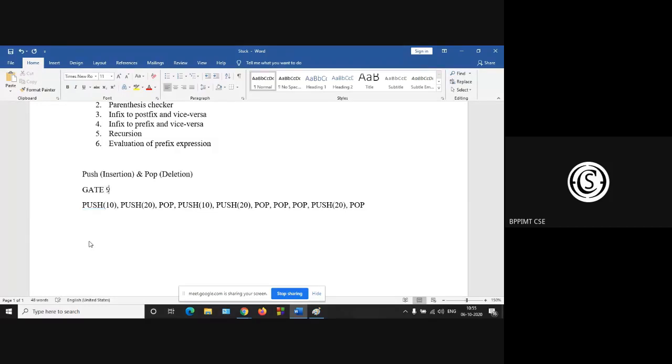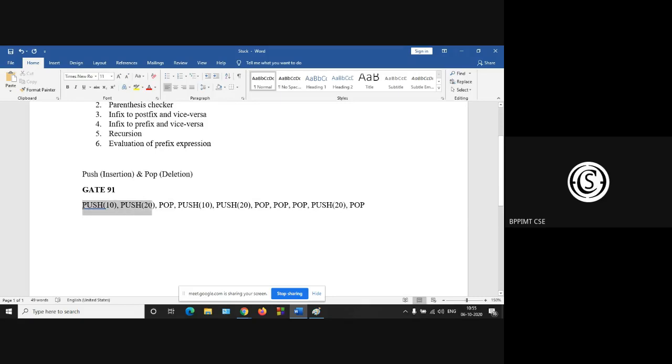This is one question from GATE 91. The sequence is: push 10, then push 20, then pop. The pop returns and removes the topmost element, in last in first out order, that's why we don't use any argument here.